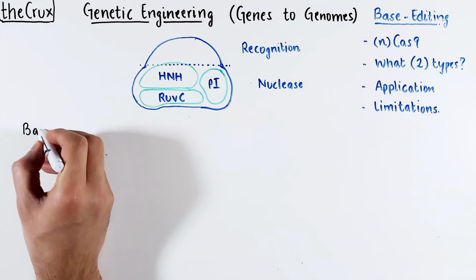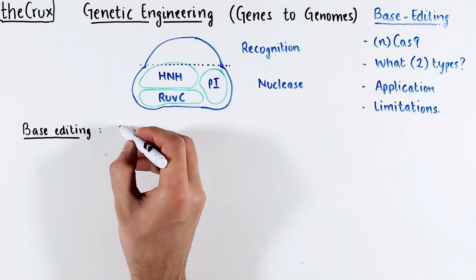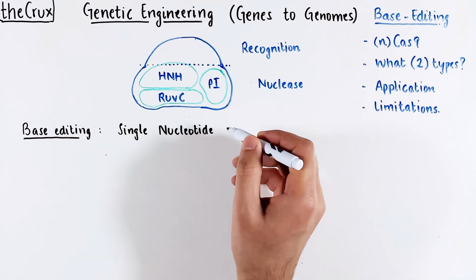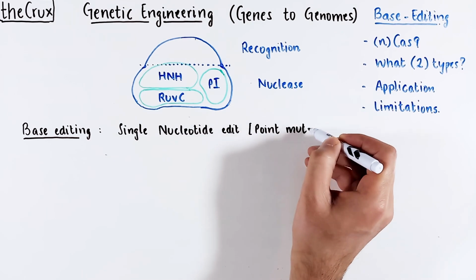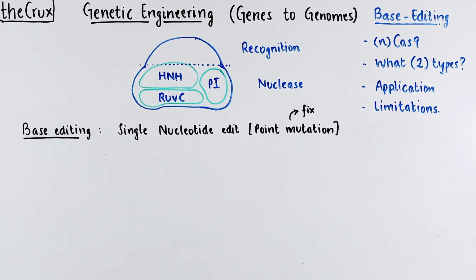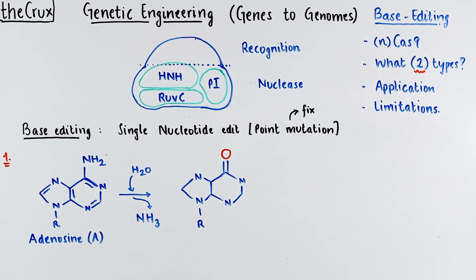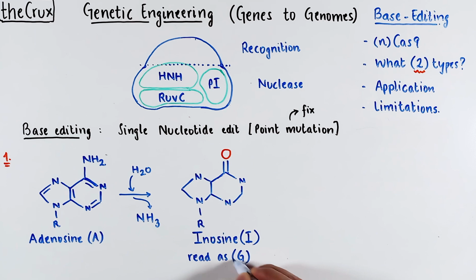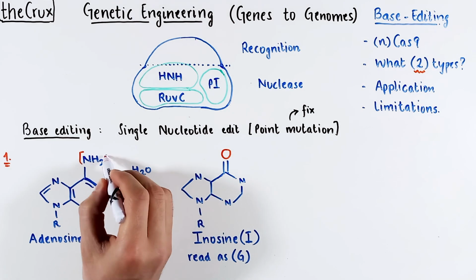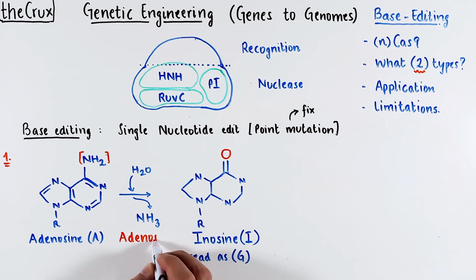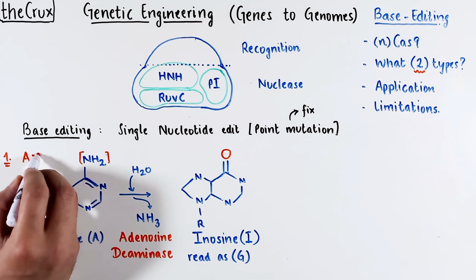Base editing is simply a strategy aimed at changing nucleobases at a single base resolution. Think point mutations and a way to fix these point mutations. Of the 2 primary types of base editing, the first one involves changing adenosine into an inosine through deamination. The inosine is then read as a guanosine by polymerases. The enzyme responsible for removing the amine group is an adenosine deaminase, and this base edit converts an A to